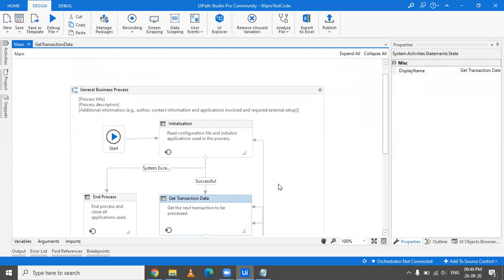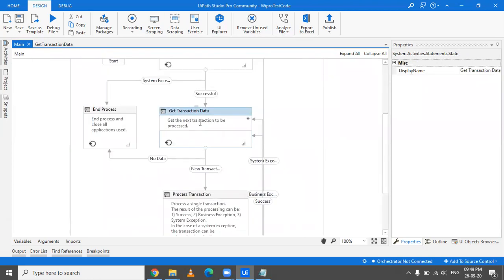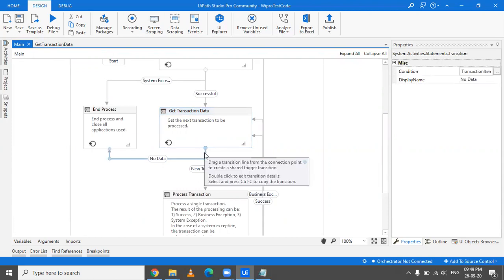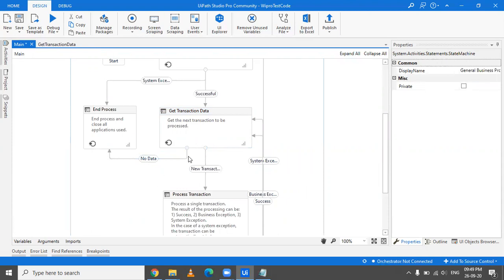So when it comes out of that entire thing and comes to this particular outer block, what it checks is that there are only two ways for it to go from here. Either it could go to process transaction state or it could go to end process state. There is no other way. And you always have to design it so that there shouldn't be any condition left on which it is confused or isn't sure where to go. So it has two transitions going out.